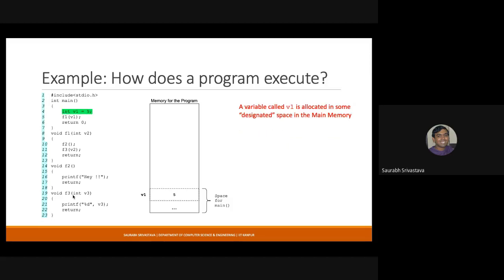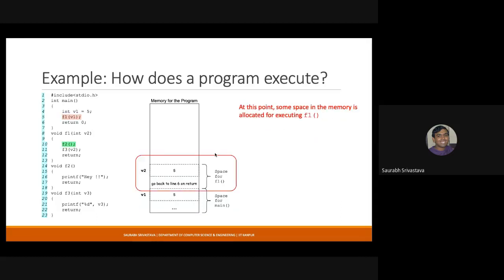So essentially, in the beginning, you start with some memory within your main memory for just the main function, and then the local variables for main are allocated here. As soon as you have a function call, some more memory is allocated. This is known as another stack frame. Now within the lecture of Avanish, I think Avanish told us that it is possible that the stack either grows up or grows down, so it is dependent on the platform. So it is easiest to assume that it is growing up like this.